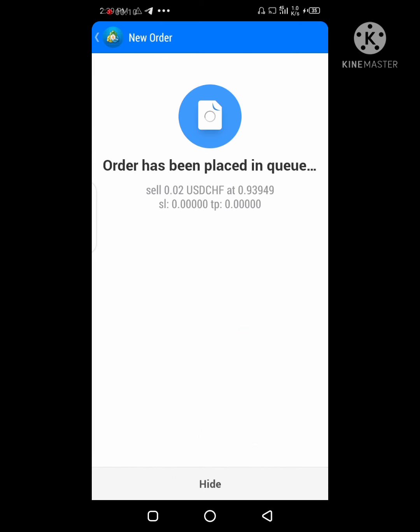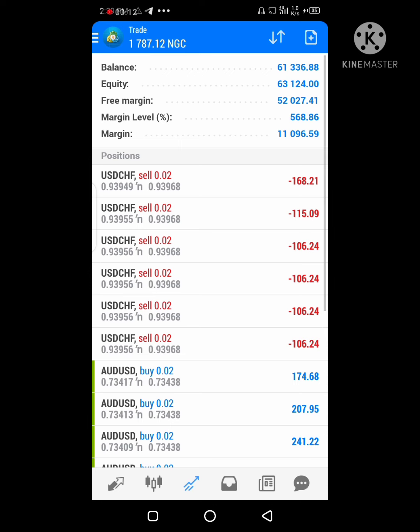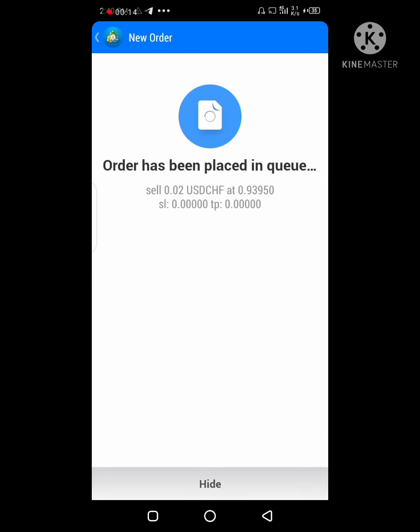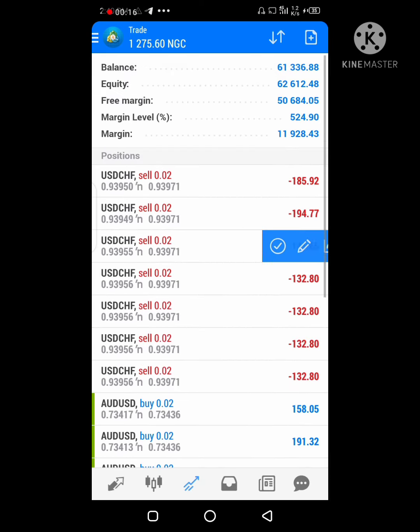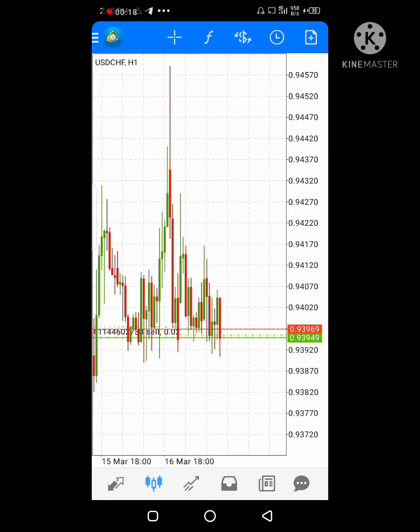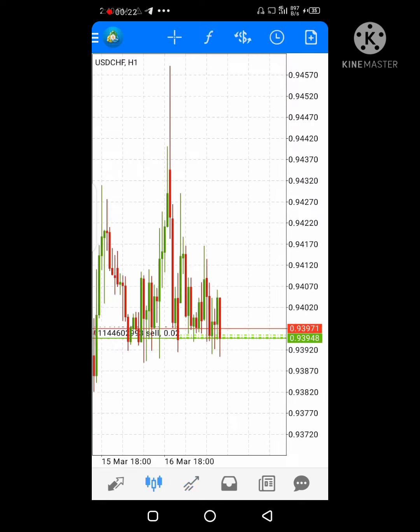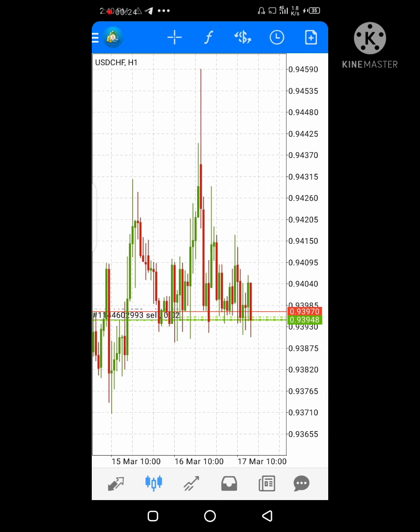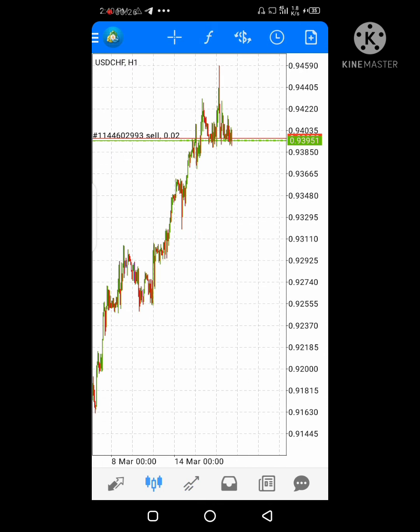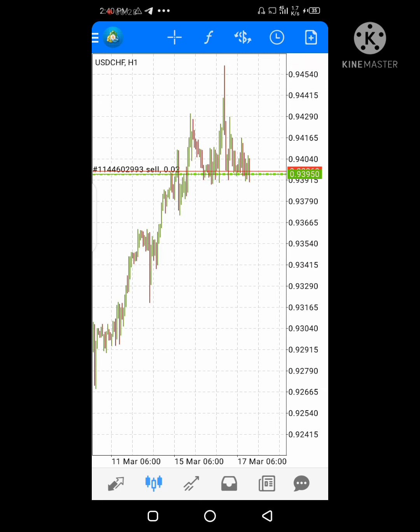It's going to be a long trade and I'm going to be placing sell for the currency USDCHF, that is United States dollar Swiss franc. So I'm just going to place sell for the trade, and the reason why I place sell for the trade